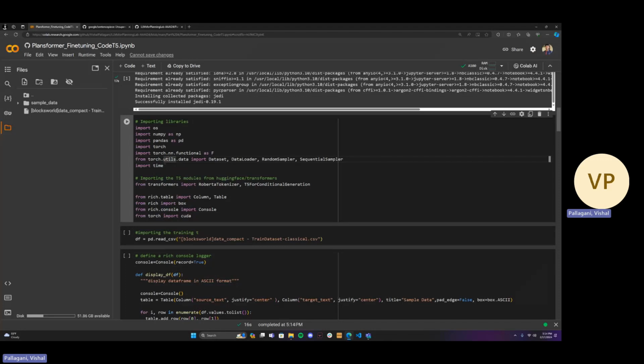Which brings us to this particular code block. And this code block is responsible for importing various libraries and modules necessary for preparing data, model training, and enhancing output visualization. Let's break it down step by step so that we understand each import functionality that is being used here. So the import os is used for interacting with the operating system, such as file paths management,